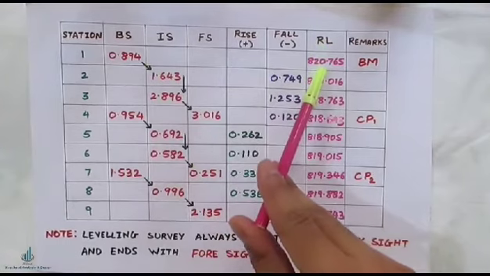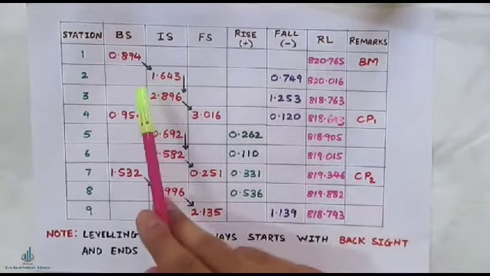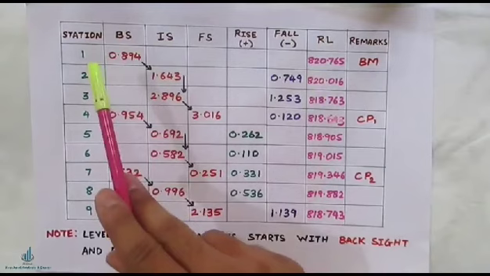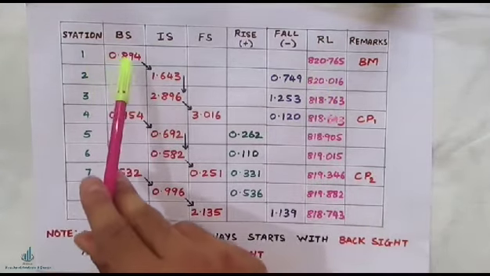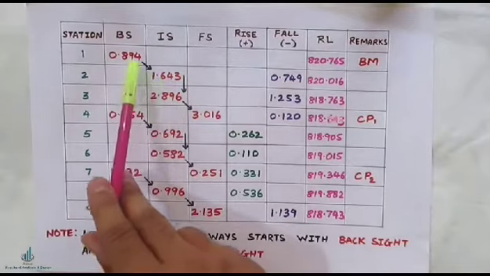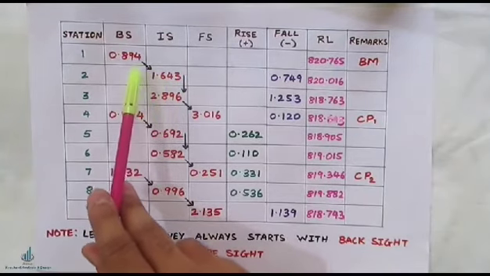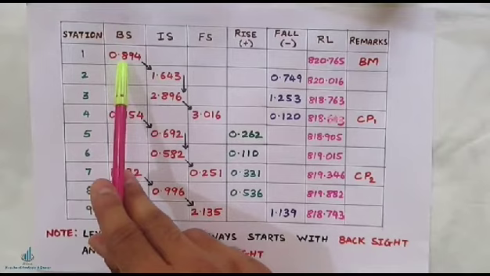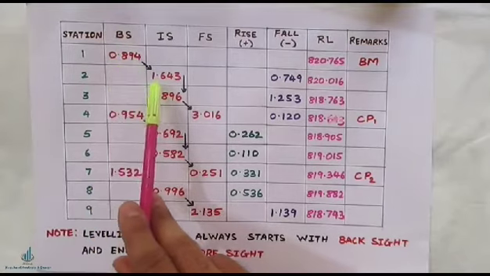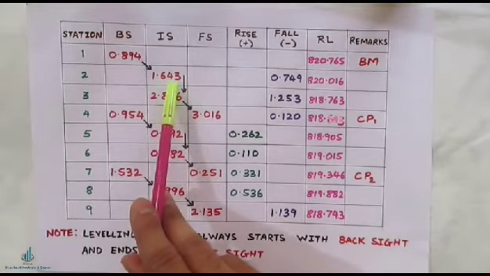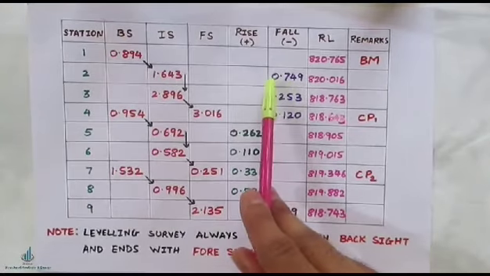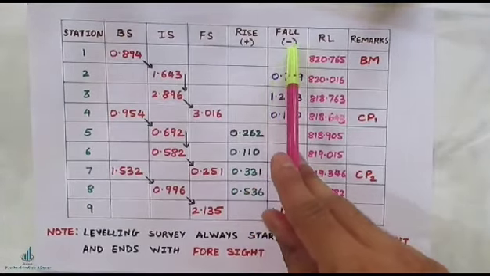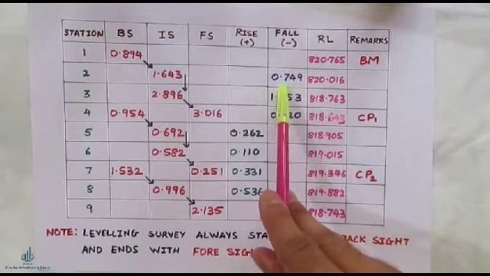Okay, the first RL is directly given. For the second station RL, what you have to do is subtract these readings. I have given the arrows. So 0.894 minus 1.643, so the reading will be minus 0.749. I have not written the minus sign because obviously it is in the fall column, therefore it will be the negative